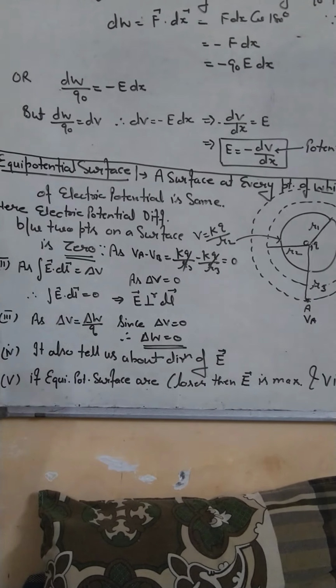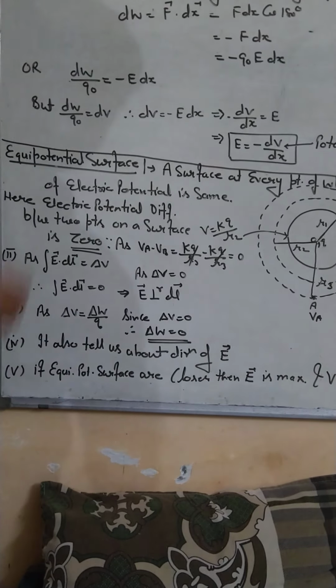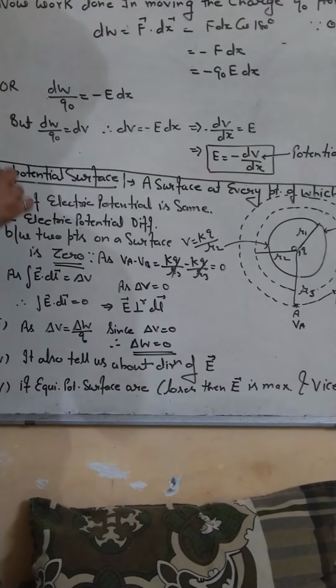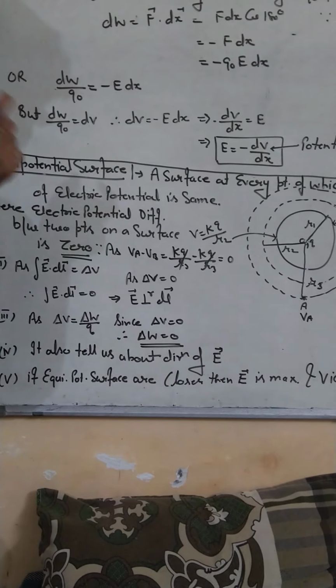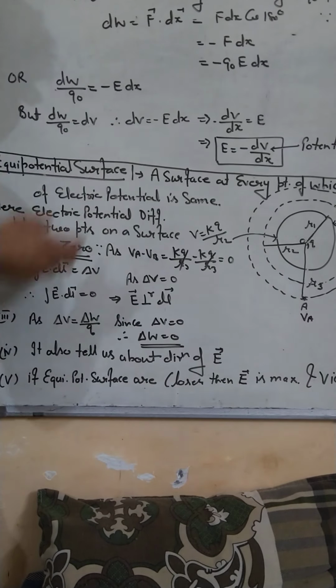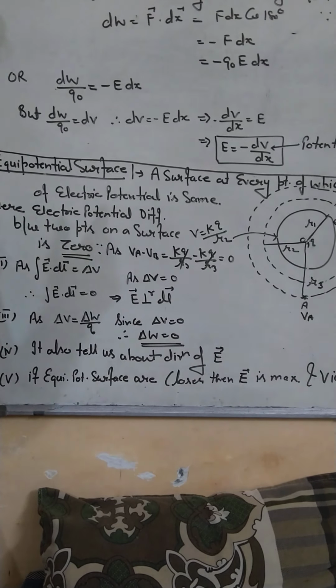Very popular topic, generally asked in exams. Let us understand how it works. As its name clear, equi means equal potential surface, एक ऐसा सरफेस जिसपे सब जगह पोटेंशियल बराबर है। उसको समझने